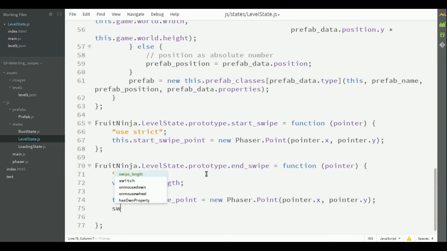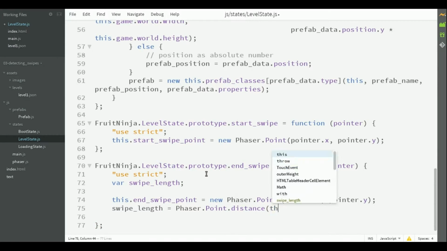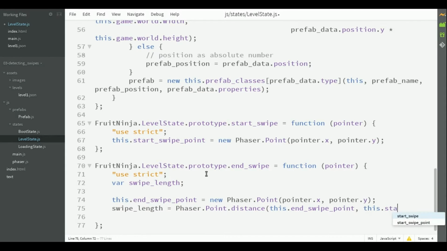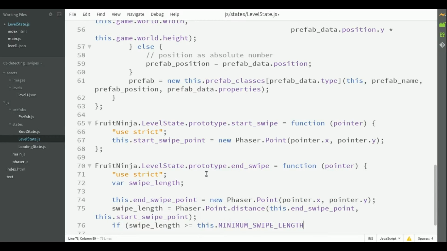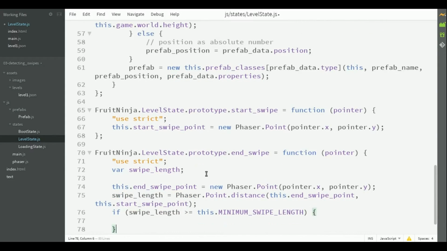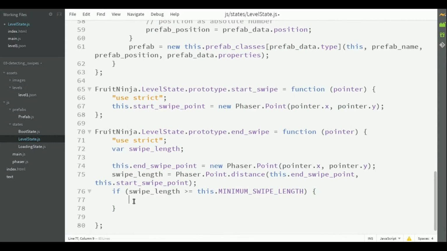Now we calculate its length, because we don't want to create swipes that are too short. So you calculate the length by calculating the distance between the end swipe point and the start swipe point, and we will only accept swipes whose length is greater or equal than a minimum swipe length. If this is true,